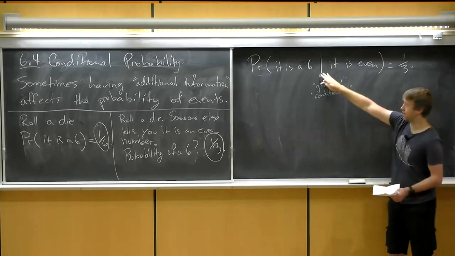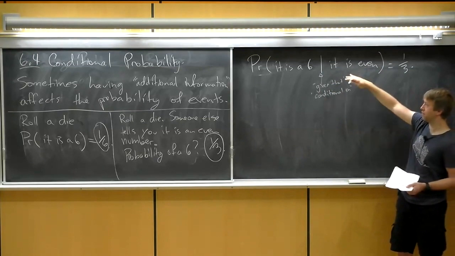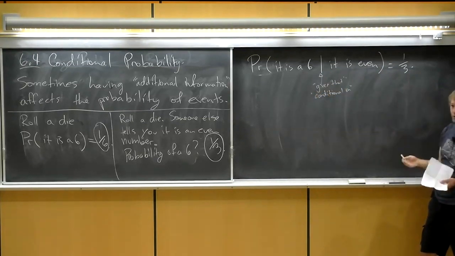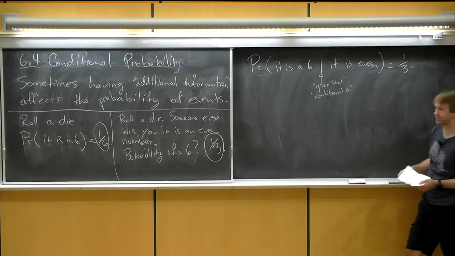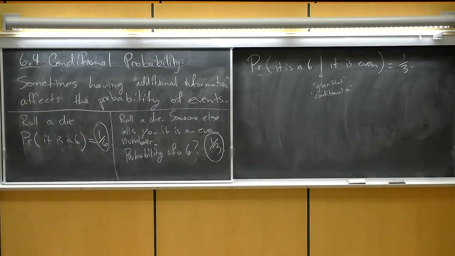So this line means we're conditioning on, we're assuming this is true. If you assume this is true, then the probability it's a 6 is 1/3. Right? Any questions about that? So that's just an example, but now we'll look at